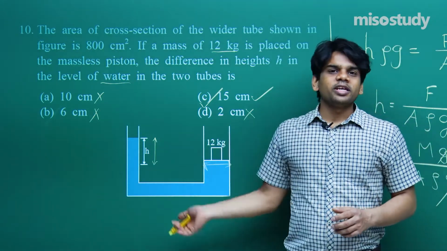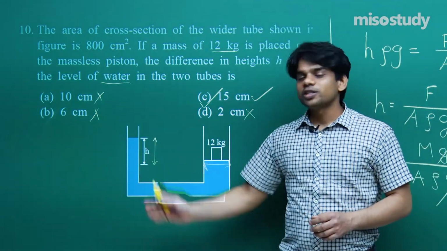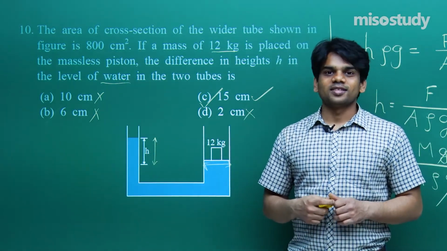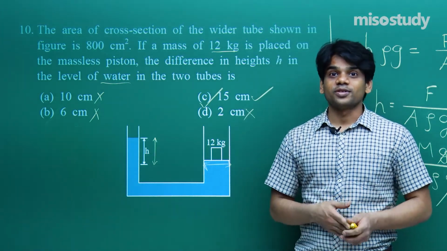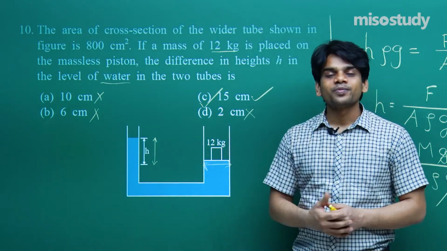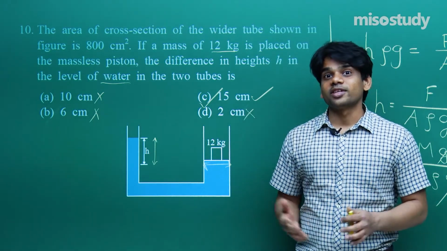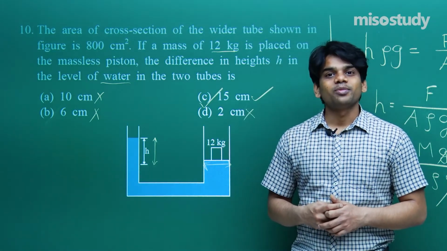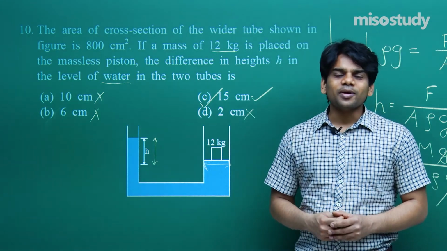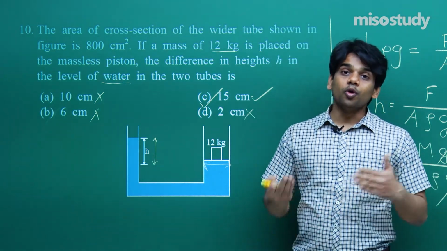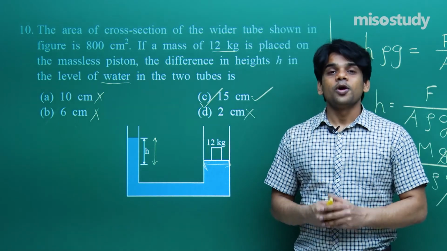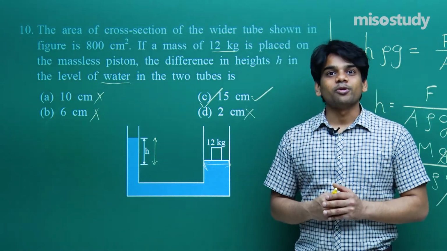You should know how to proceed with such U-tube question, and already we have done this case. We have done the case of hydraulic lift. That's how the hydraulic lift works also. So you must be knowing how to proceed with such kind of question. So this is all we have, the set of 10 questions for a JEE main preparation. After this exercise, I will advise you all, do also solve more previous year questions. That would be helpful. More good questions given in your textbook, that will be of great help to you all.